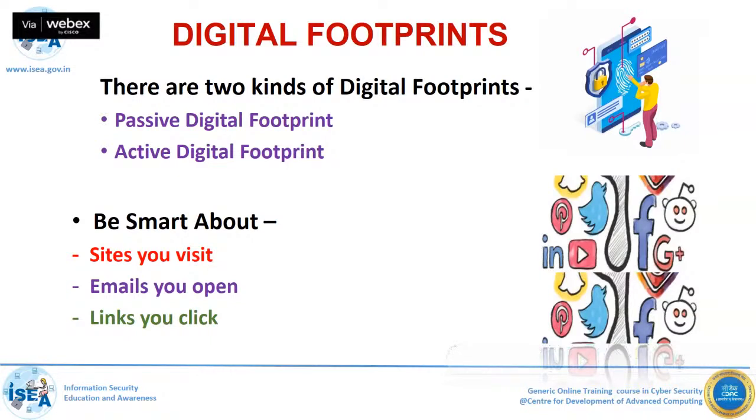And the other is active digital footprinting. For example, today you have taken a picture and you immediately upload it to some social media platform, right? From that platform, I can download it and find out where this picture was taken, what time it was taken, all that information. Some information goes without your knowledge, some information we share with our knowledge. That is called active digital footprinting, right?